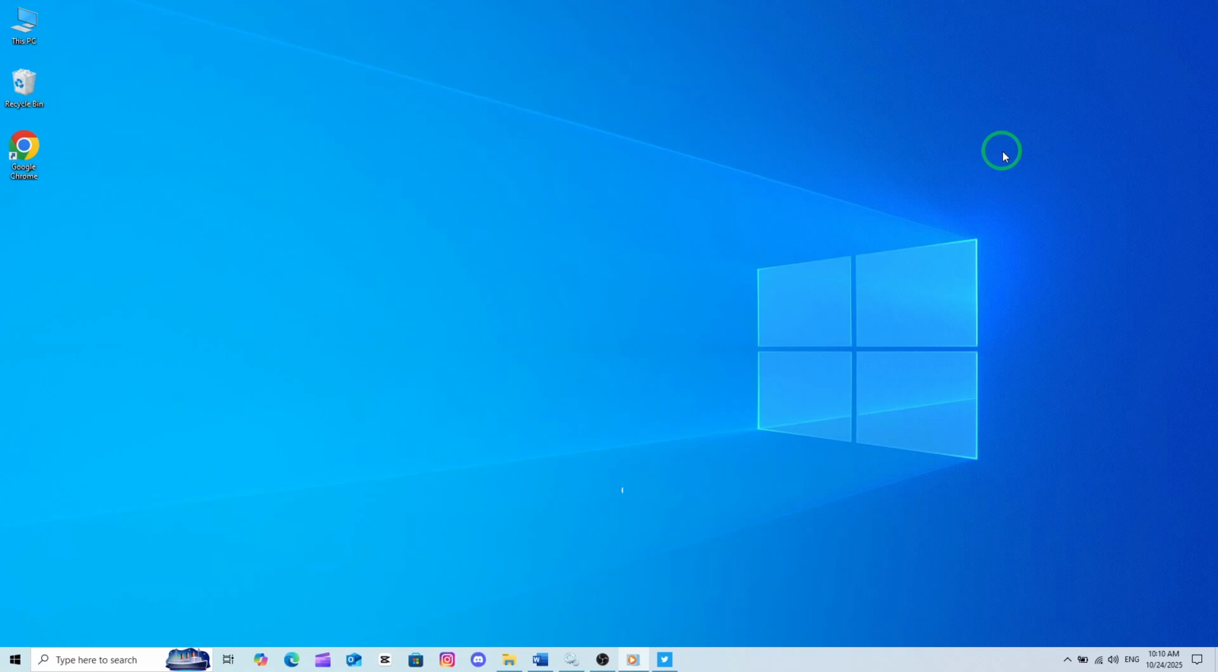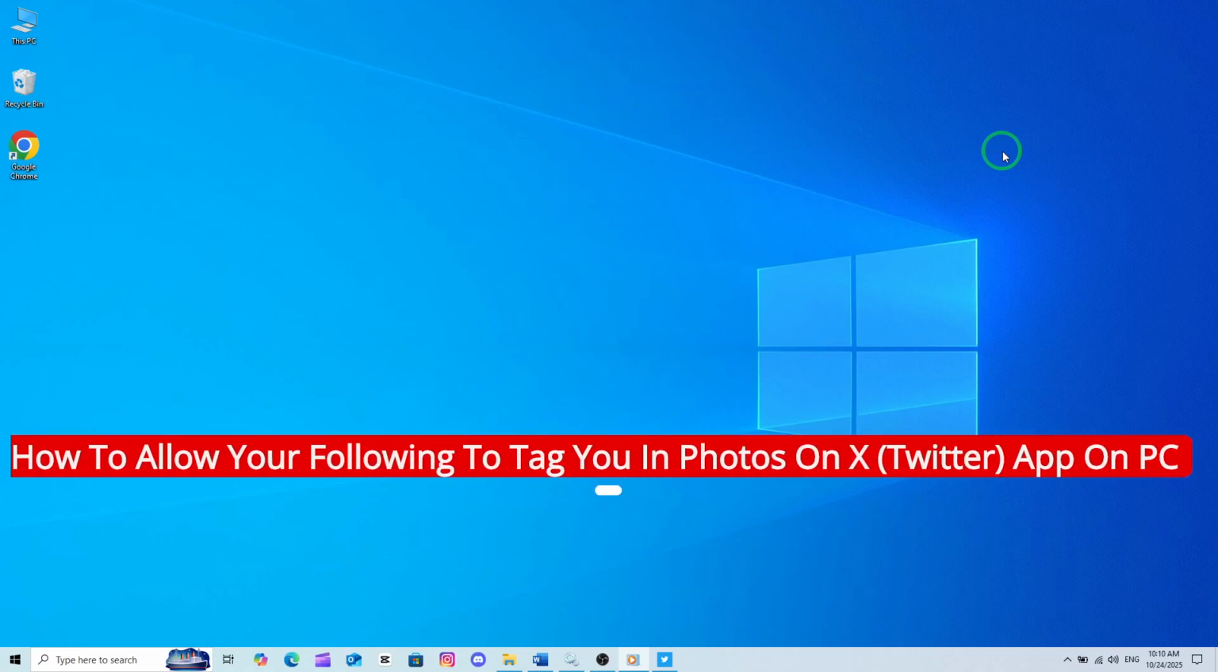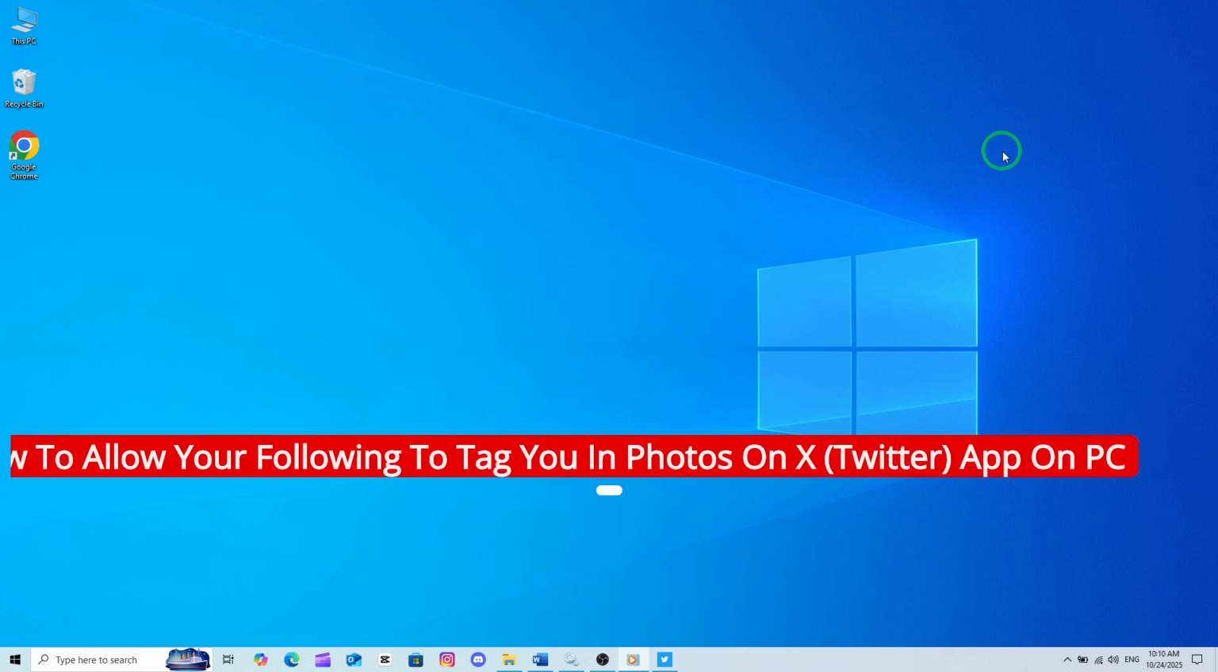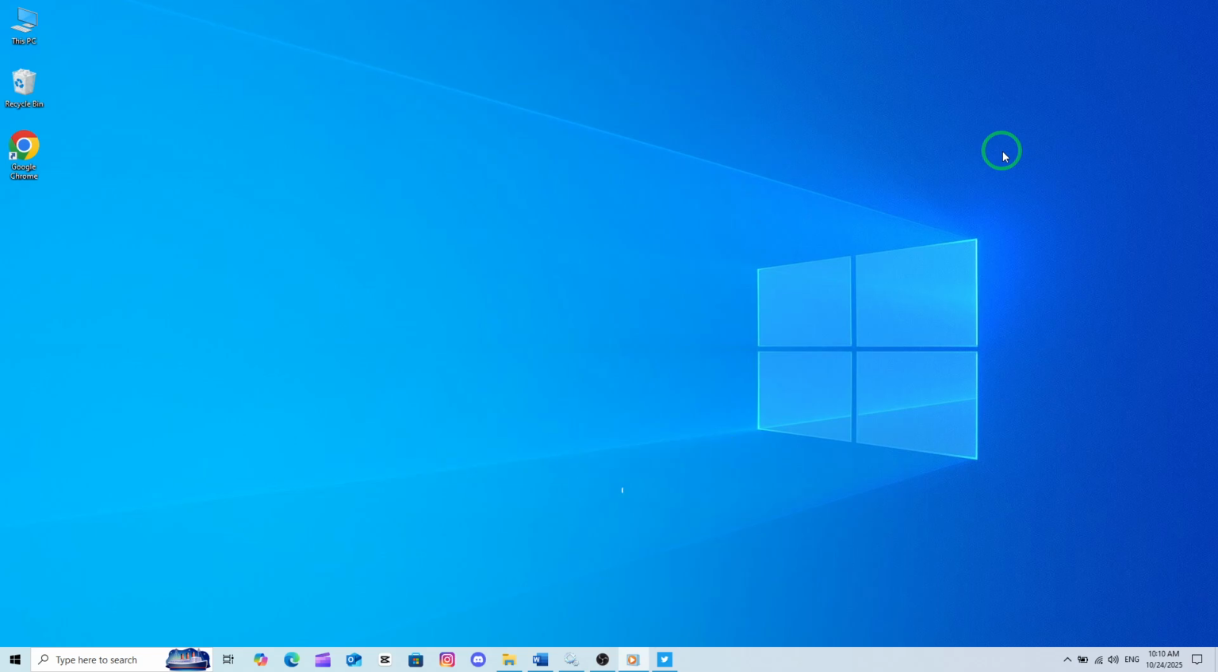Welcome. If you've ever wanted to have more control over who can tag you in photos on X, formerly known as Twitter, this video will walk you through how to do exactly that, right from your PC. The latest update has slightly changed the layout, so let's go step by step to make sure you set things